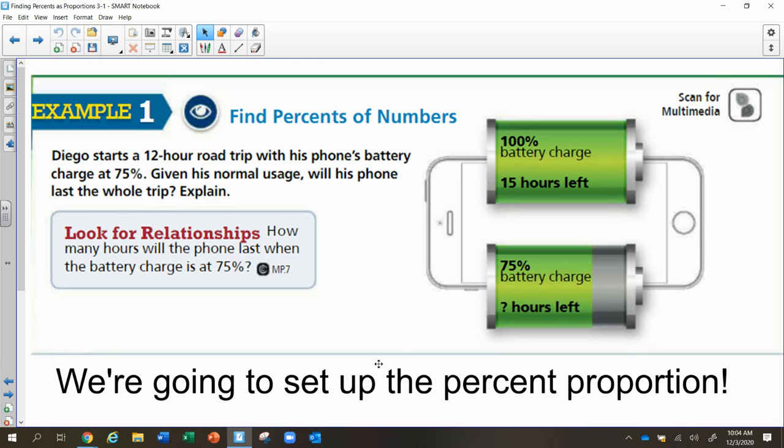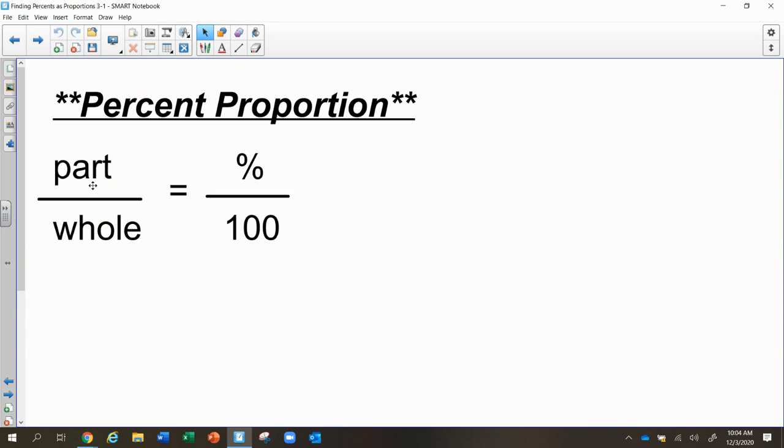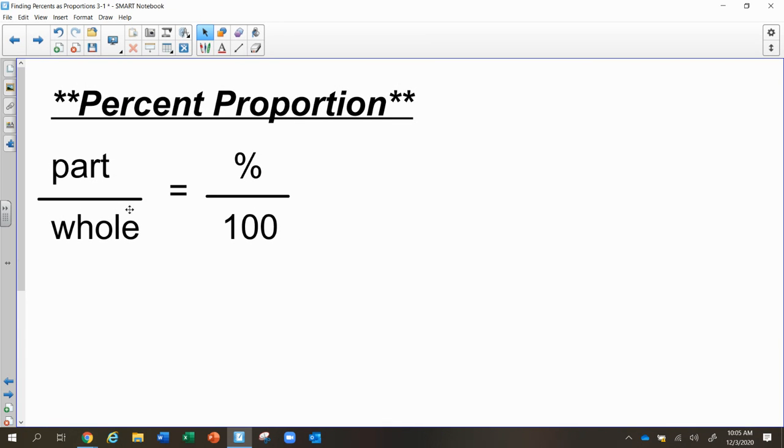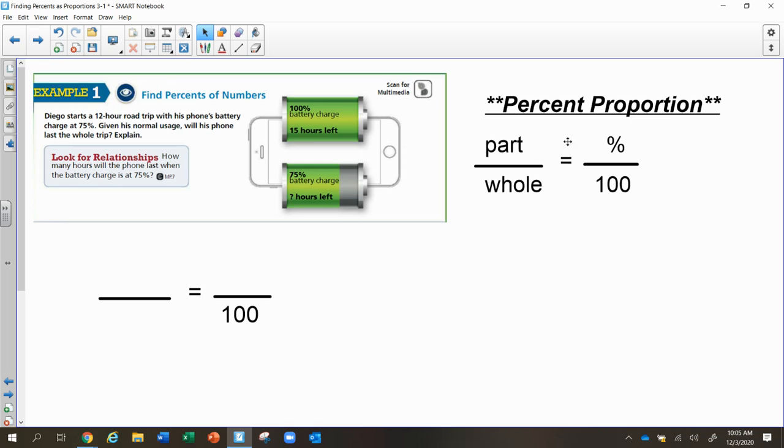And so what we're going to do is set up a percent proportion. Now, what is that? It is equivalent ratios that look like this: part over the whole equals the percent over 100. So we set up two equivalent ratios. So taking a look here,